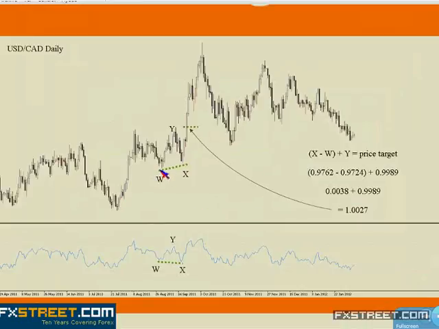Practically, what you do is you label the two peaks or the two troughs and one peak, and you do a very uncomplicated calculation. In case of negative hidden divergence, you label two peaks and one trough, and vice versa. In case of positive hidden divergence, like we have here,